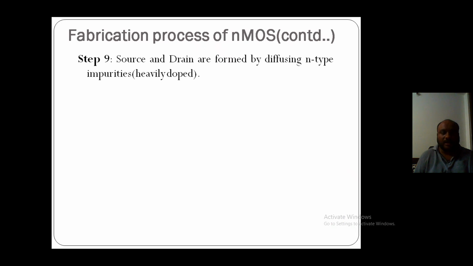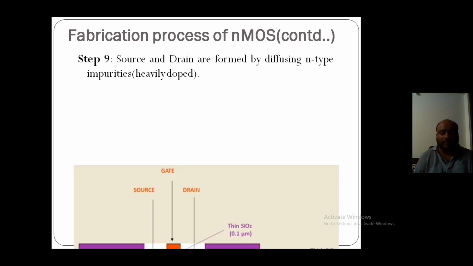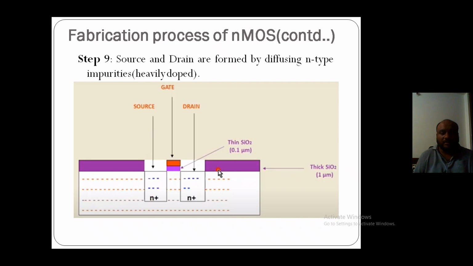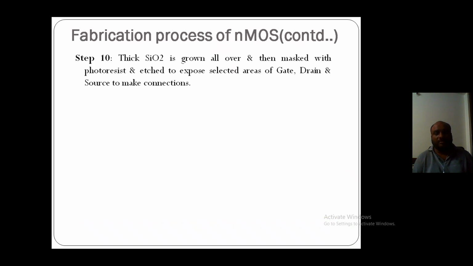Followed by step 9. Source and drain are formed by diffusing n-type impurities, heavily doped. Look to the figure, our substrate with silicon dioxide on either sides of the substrate and through a window which is forming the gate, on either sides of the gate, source and drain are formed by diffusing n-type impurities, N plus and N plus. Then followed by step 10, thick silicon dioxide is grown all over and then masked with